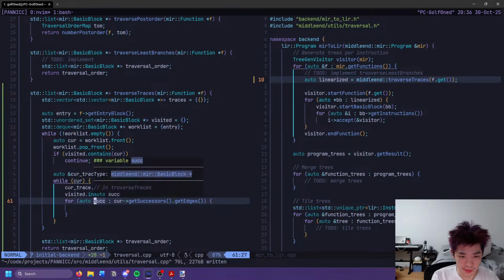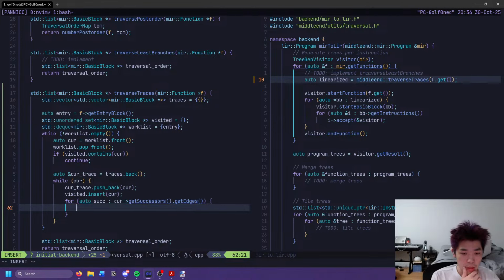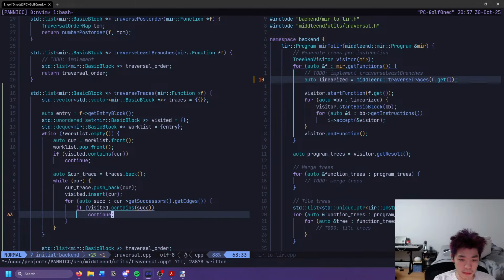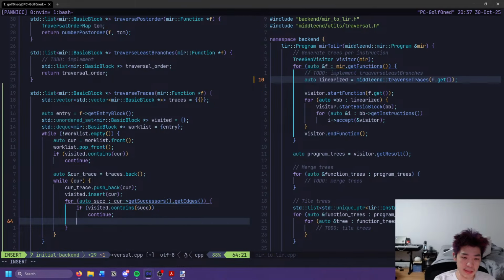I think this should just be a pointer. Yeah, okay. So if... this is hard. So if it's been visited, then we can continue. We skip it, and then otherwise,